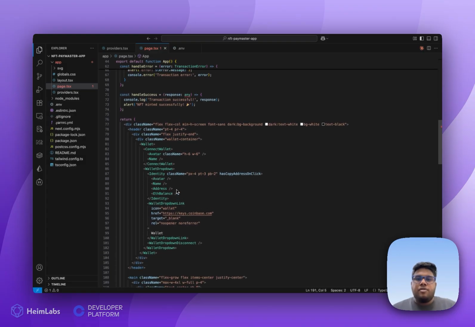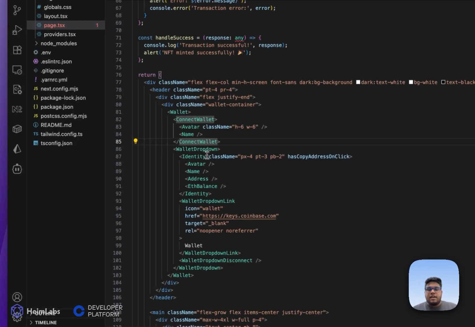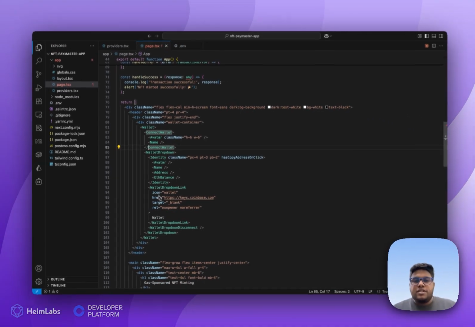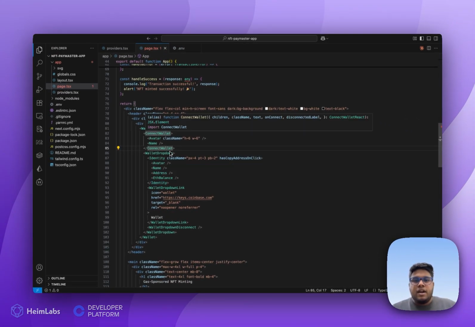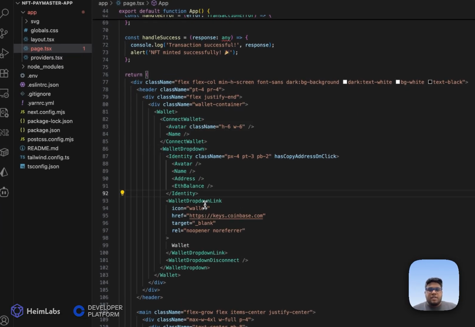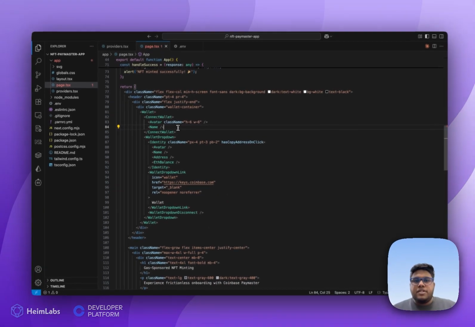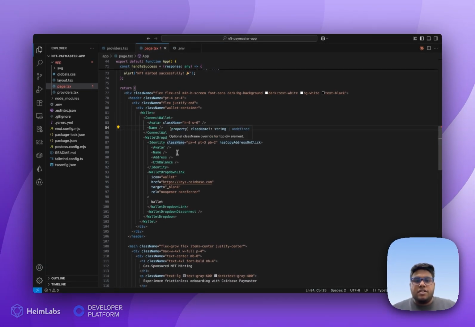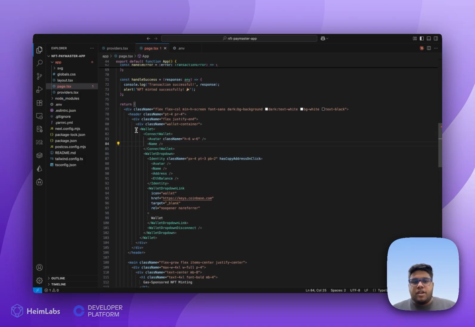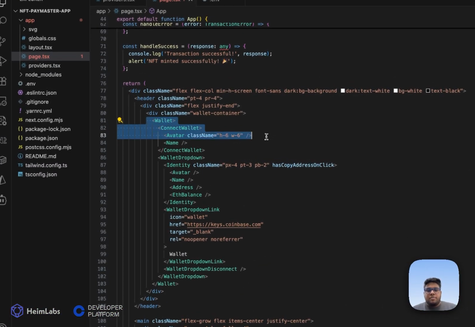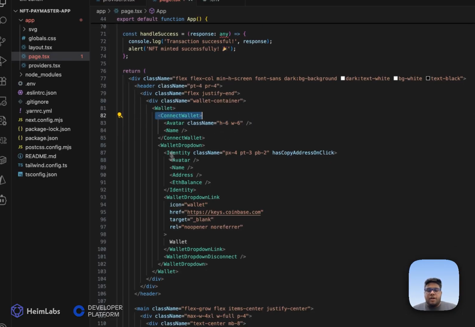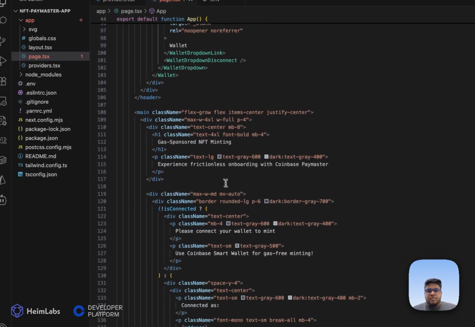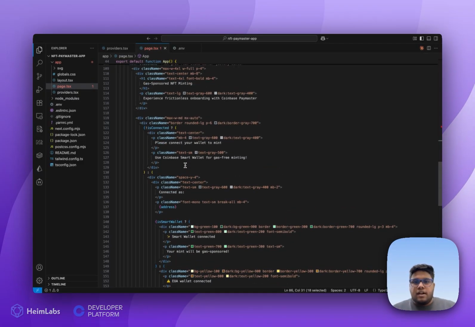So here you can see how we have used the various OnchainKit imports over here, and this has made the application development very easy. You can just directly use the imports instead of doing TSM configurations or wallet configurations or transaction configurations. You can just use these imports directly for the various OnchainKit capabilities in your applications. So here, first of all, we are using the OnchainKit wallet components like Connect Wallet and Wallet dropdown options. After that, we have some app utilities.